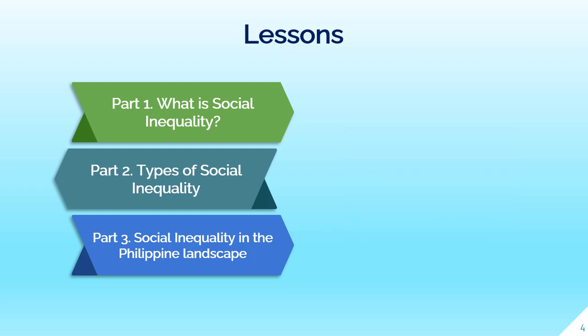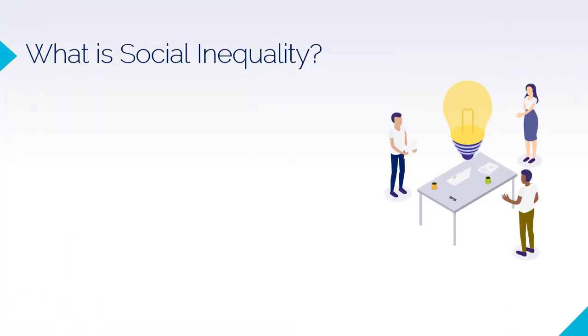What is social inequality? From Module 5 in the first quarter, we have talked about becoming a member of the society. This is inevitable as we are living in this world and we have innate need to communicate and interact with the people around us. Social inequality happens within a society and this is natural.